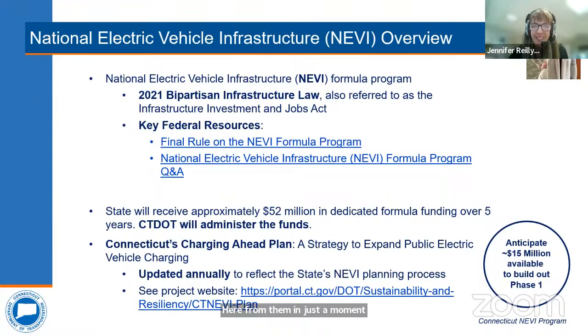So for many of you, this is not your first Connecticut DOT NEVI webinar. Since most of this information is easily found on our DOT NEVI webpage, I'm not going to dwell too much on this slide, but I do want to tell you that the overarching goal of NEVI as a whole is for states to take the $5 billion that Congress passed as part of the Federal Infrastructure and Investment Act back in 2021 to support the expansion of a nationwide electric vehicle charging network.